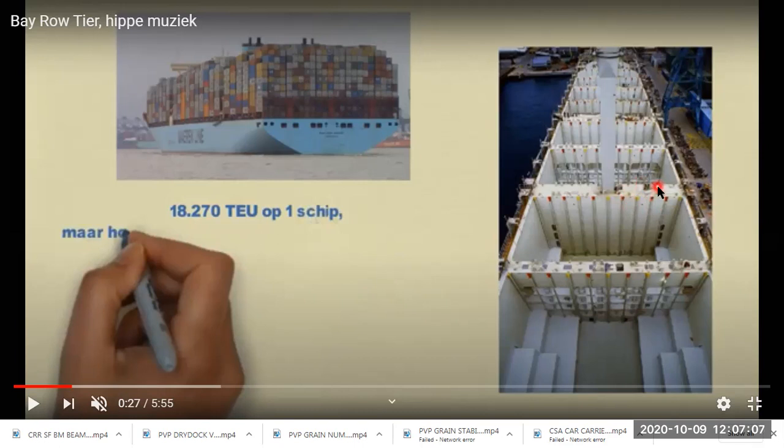Starboard rows 1, 2, 3, 4, 5. In each row containers will fit. And this cross section area from port to starboard is a bay. And from the bottom we start tiers, so that we will see. So this is the first tier, second tier, third tier, fourth tier, fifth tier, sixth tier, like that. So tiers are like floors or layers of containers. The numbering is different, that we will see.